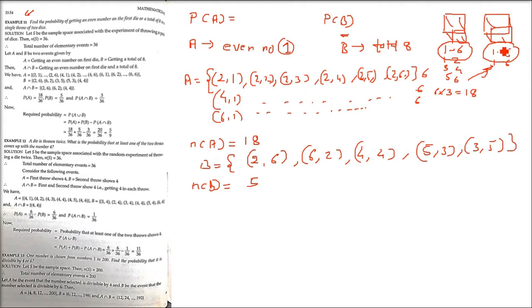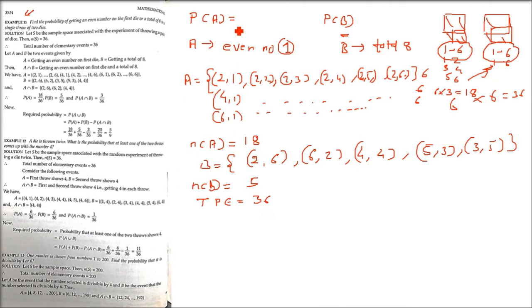So you see the total sample space, all the events which are possible. This is 1 to 6, this is 1 to 6. So the total number of possible cases is 6 into 6, so it is 36. The total number of outcomes possible is going to be 6 into 6, 36 it is.